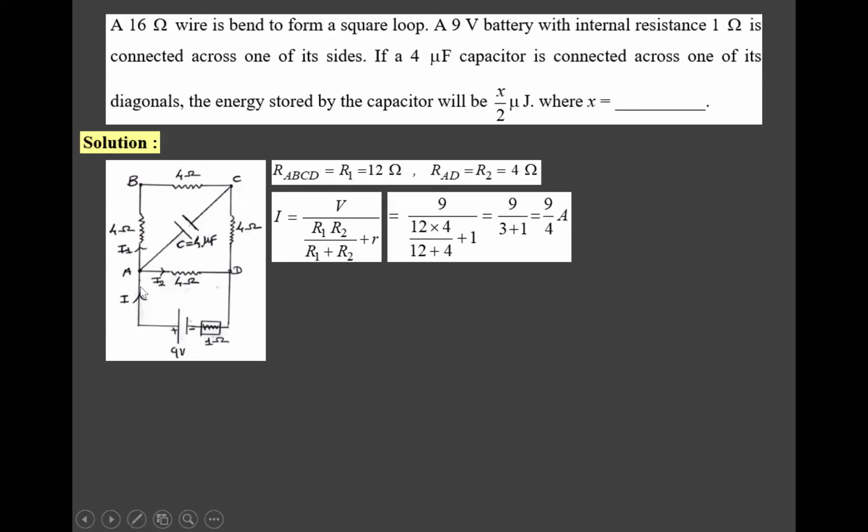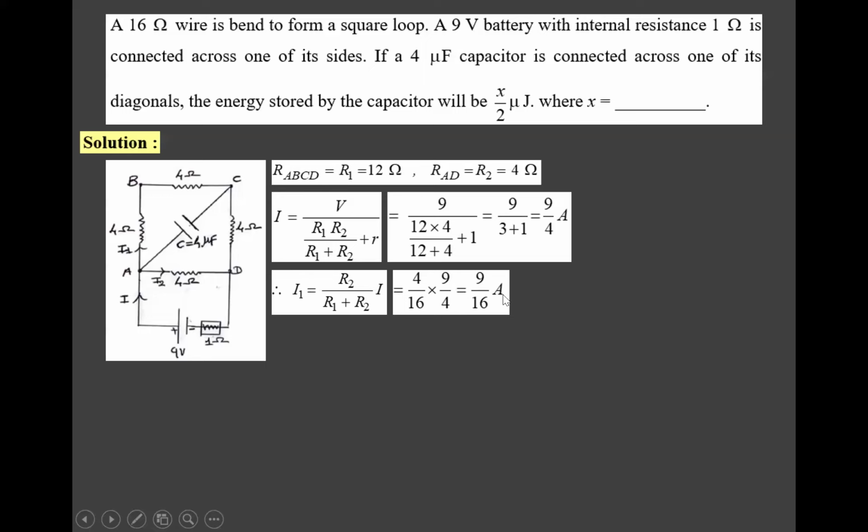Now when this current I reaches A, it will be divided in two parts. I1, that is A to B, and I2, that is A to D. Through capacitor, current will not flow. So here current I1, that is R2 upon R1 plus R2 into I. ये हम थर्ड चैप्टर में पढ़ चुके हैं. Now see, R2, that is 4 upon R1 plus R2, that is 16, into current 9 by 4,